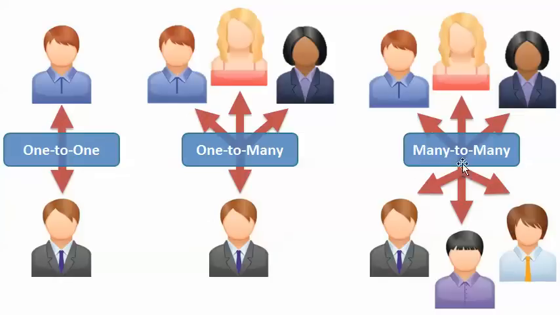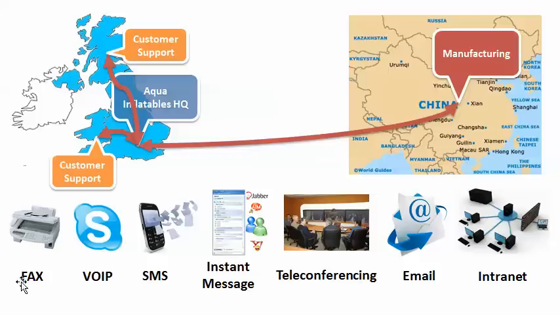And here we have many-to-many, so we have many people talking to many different types of other people. And we have different methods of communicating: fax, VoIP, SMS, instant messaging, teleconferencing, email, and intranet. And Aqua Inflatables will use a variety of these different types of technology to be able to communicate with their